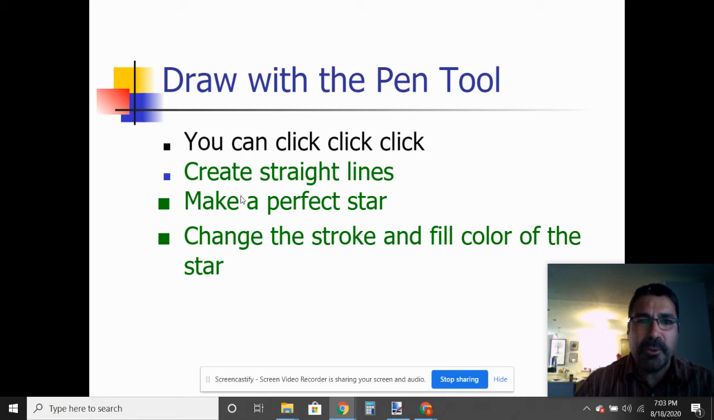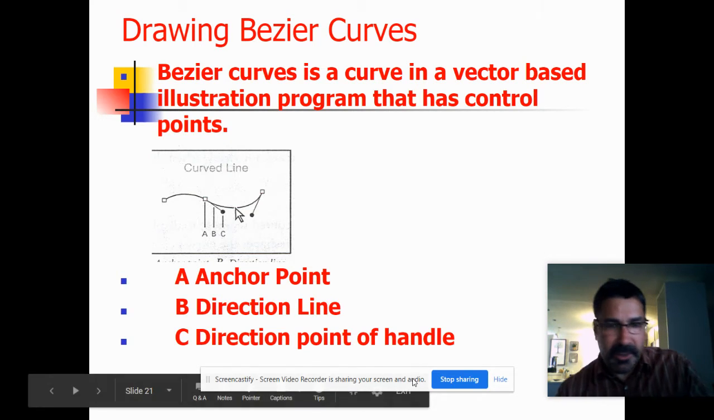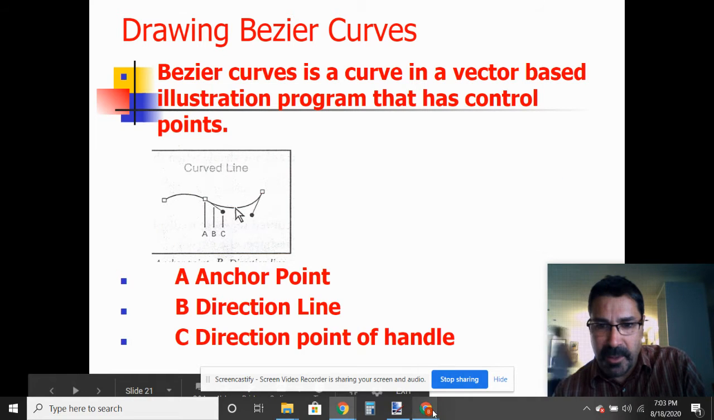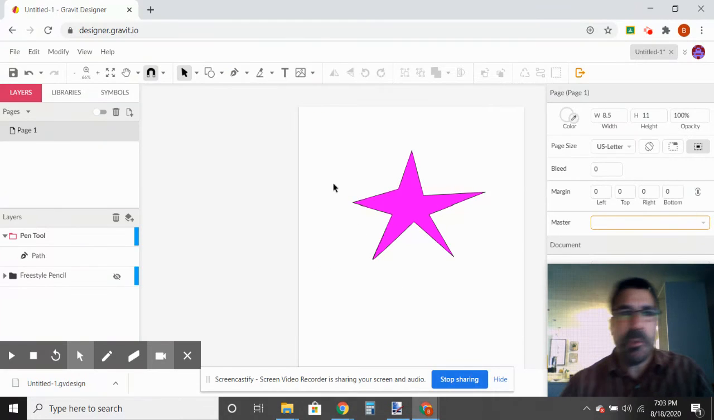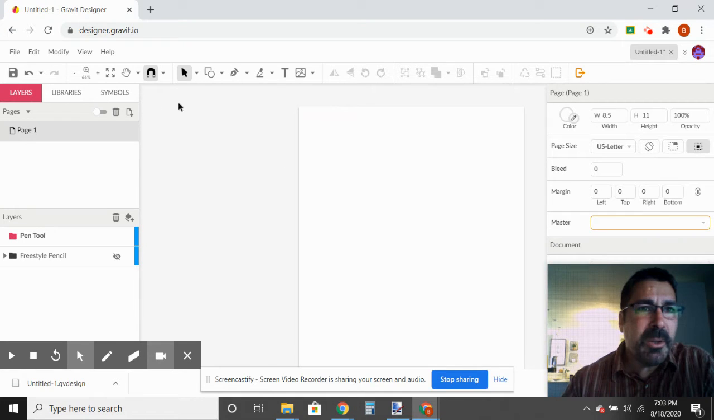All right, so we're going to try to make a perfect star with this program. So let's see what we can do by making a perfect star. Okay, so we're going to go back to Gravit, and let me show you how to do this. So we're going to go to the